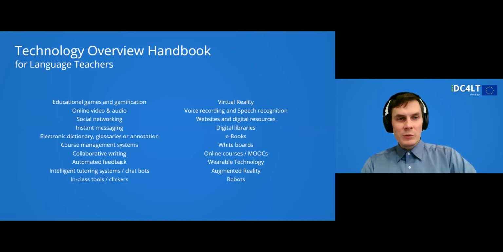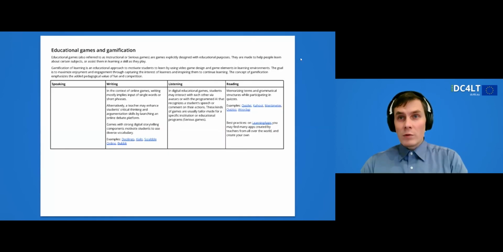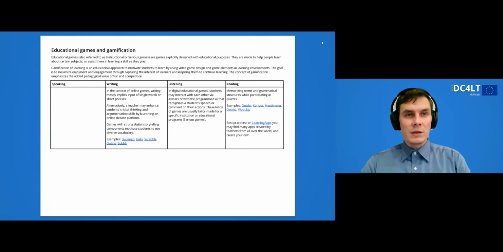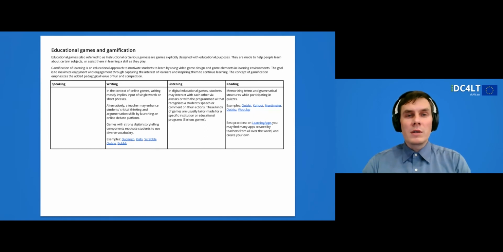These are the 20 technologies that are included there. And I can also go through the handbook itself. You'll see that it's very concise. So for example, the technologies are educational games and gamification. Here you see that they're mostly used to train these skills, and it has some definitions and examples of